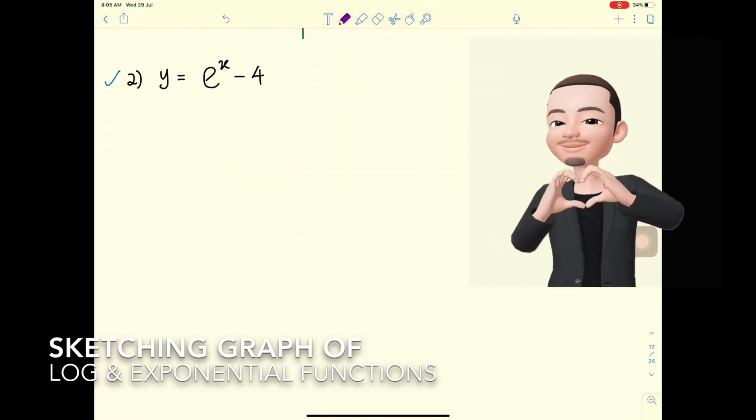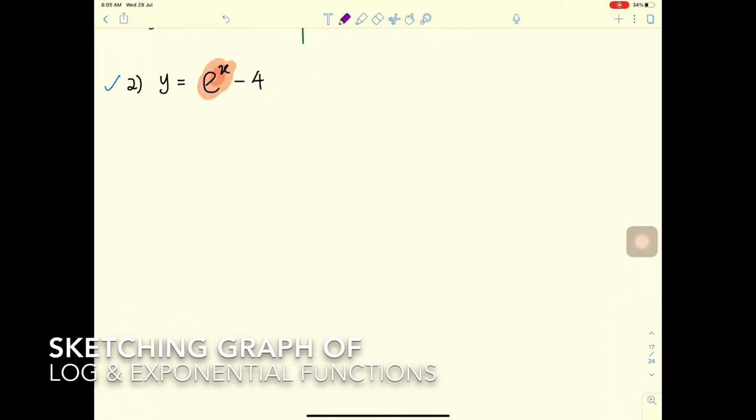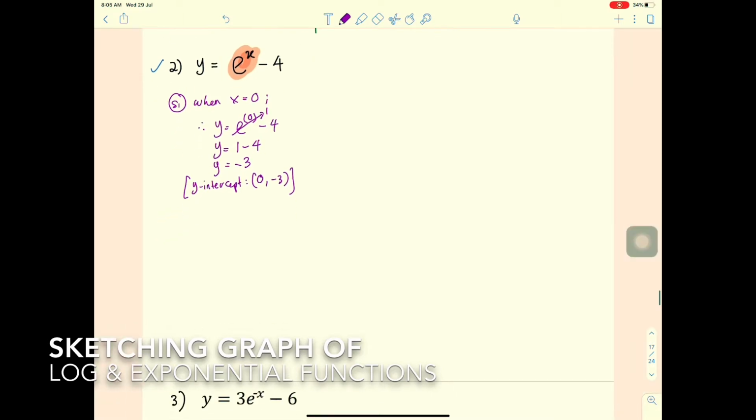So question number 2, we want to sketch y equals e^x minus 4. We will do it step by step. Step 1, when x equals 0, therefore y equals e^0 minus 4. Because e^0 equals 1, y equals 1 minus 4 equals negative 3. So this is the y-intercept, with coordinate (0, -3). And then step 2,